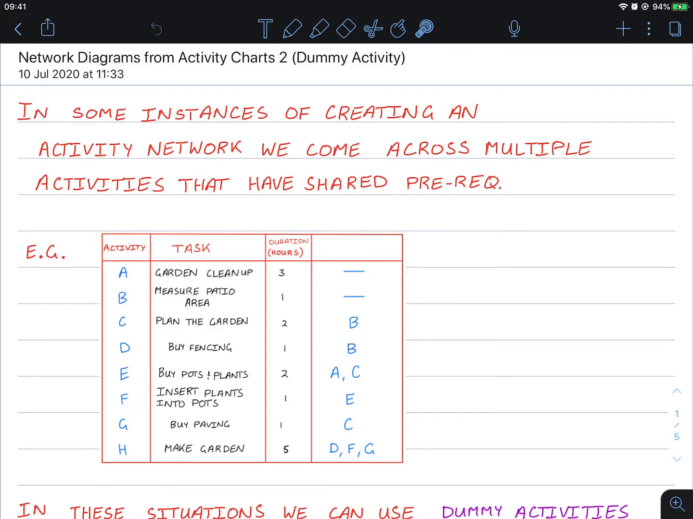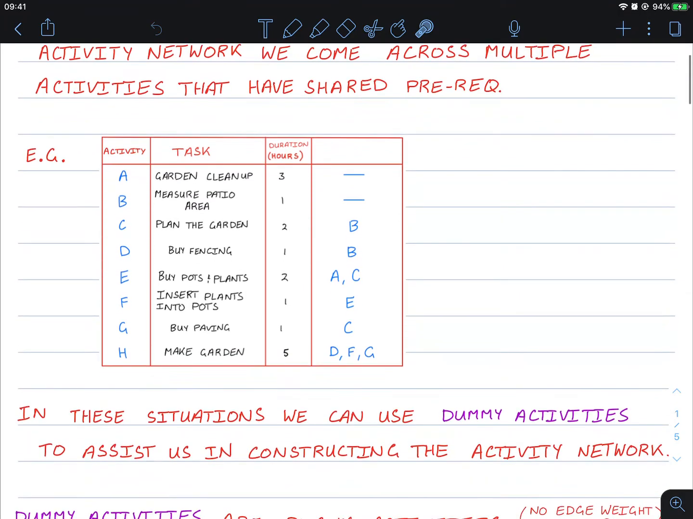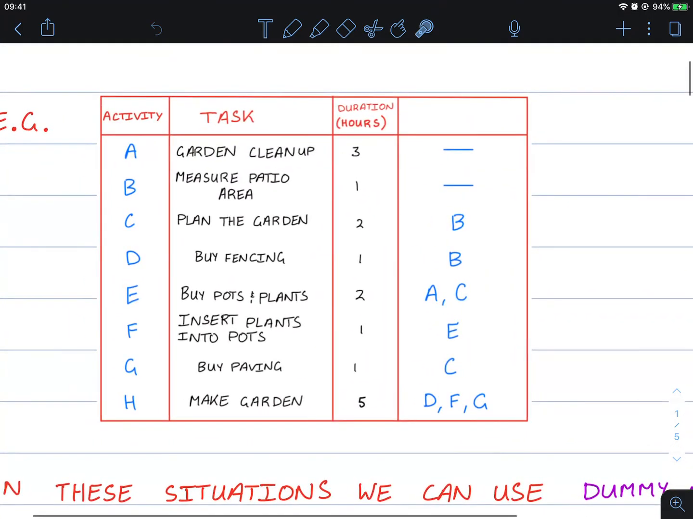Hello class, this is a continuation of creating network diagrams from activity charts. In this video we'll be looking at what's known as dummy activities. In some instances of creating an activity network, we come across multiple activities that have shared prerequisites. We kind of saw this in the previous video, but if you actually try and draw this out as an activity network, you'll come across rather difficult situations, such as